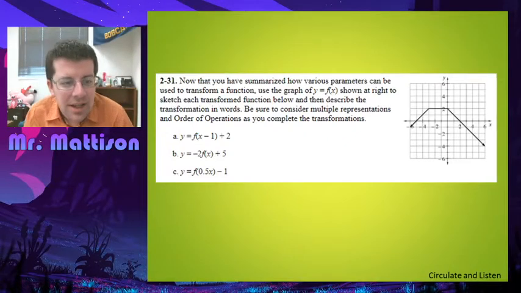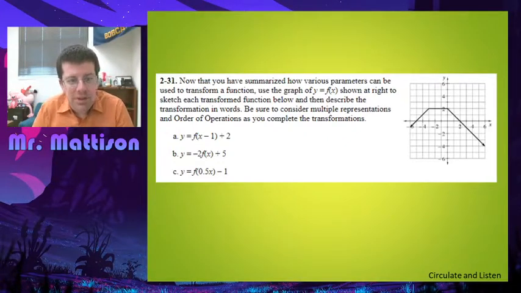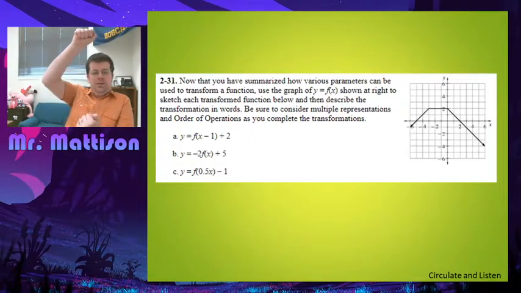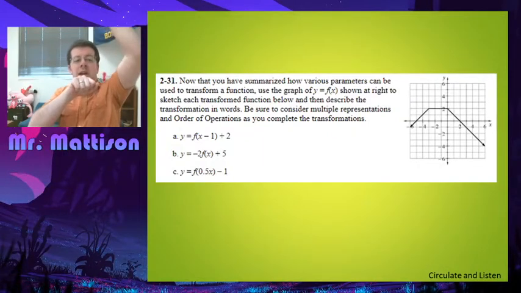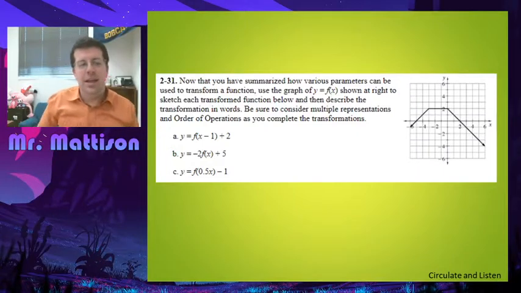Right? And then on B, that -2 that we multiply by, it's going to be vertically stretched to be twice its height and then gets flipped over entirely because of the negative. And that +5 will shift everything up 5 higher. Okay? And then on C,